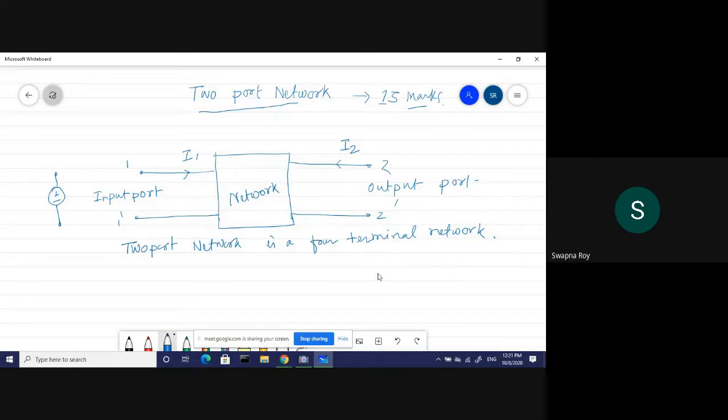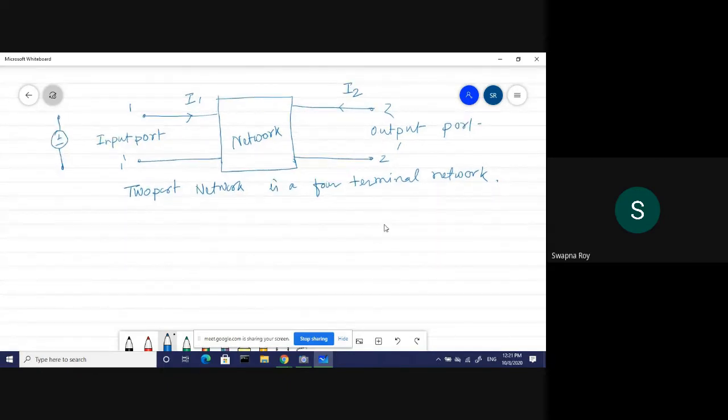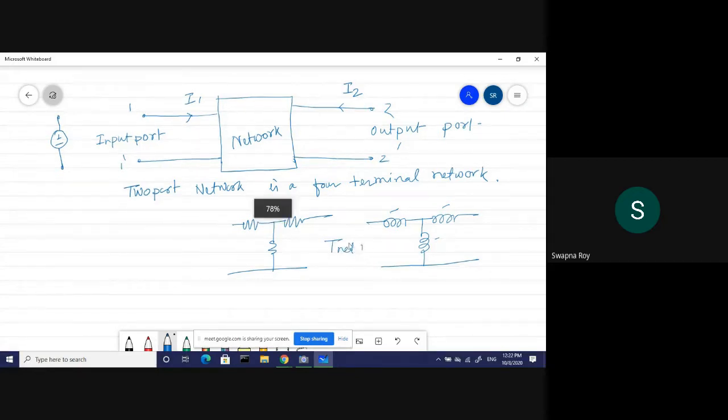In coupled circuits also, you have seen a network like this. This one contains an inductor. If the network is like this, it is purely resistive. This one is a T network. This one is a T network. If the network is connected like this,